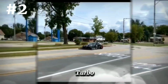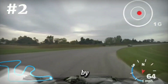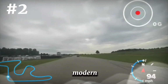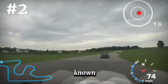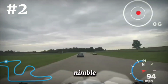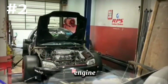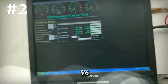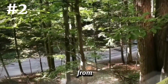The Turbo J32 E2 swapped 93 Civic hatch, built by Beastie Hatch, is an outrageous blend of old-school Honda styling with modern V6 turbo power. This 93 Civic hatchback, already known for its lightweight and nimble characteristics, gets an entirely new personality with the J32 engine under the hood. The J32, a 3.2-liter V6 from Honda's performance lineup, is a significant upgrade from the original four-cylinder, offering more displacement and a